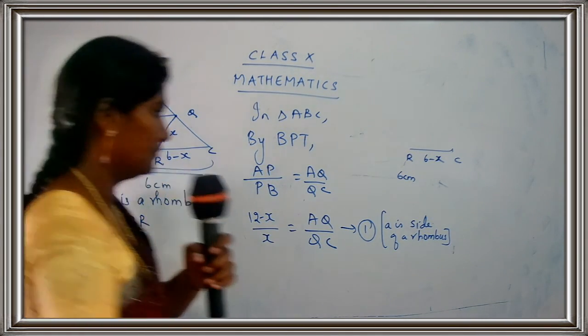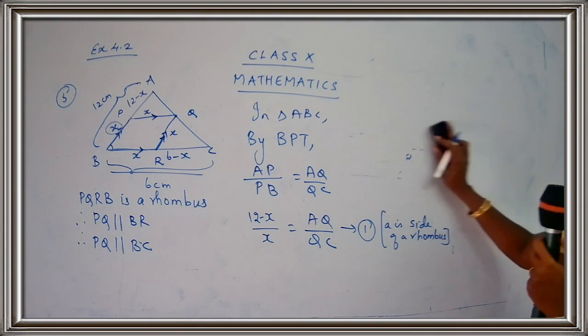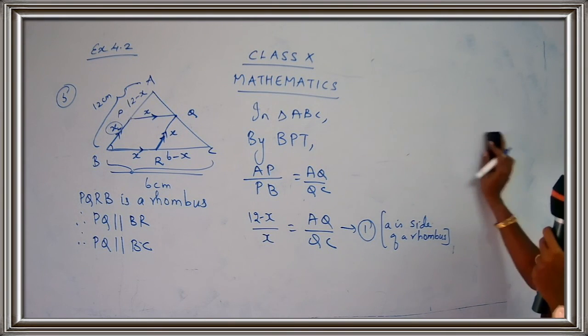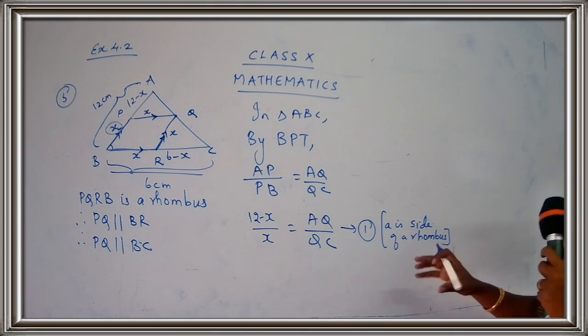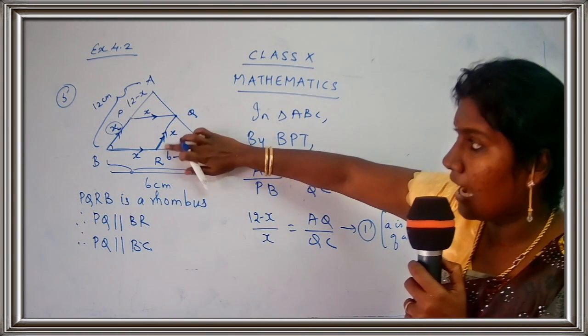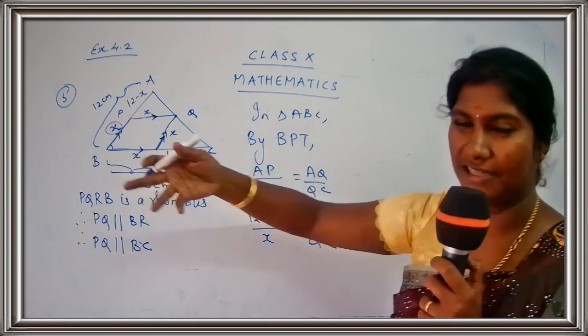What you have here, just read the figure carefully. You have to notice the figure very carefully. From the figure we get the required details. Now just see here, children, which part is parallel here? RQ is parallel to BP. Or you can write QR is parallel to BP, one and the same, no problem.